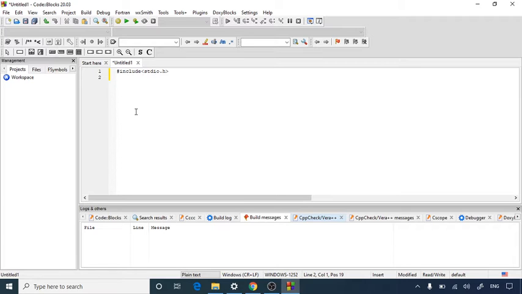Now we are going to declare a function to print any solid rectangle. So I am going to use the void data type and then let's give the name as solidrect. So this is my function name, and I'm going to use parameters as int a, comma, int b. So here int a and int b are my parameters.